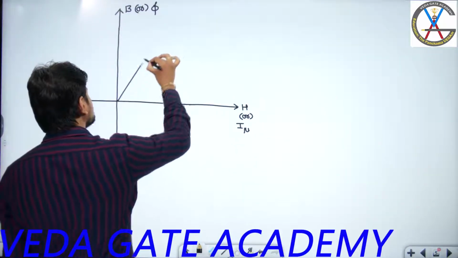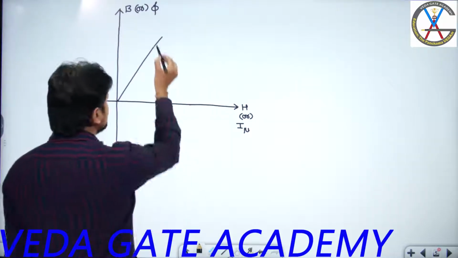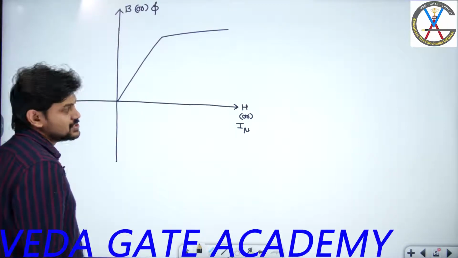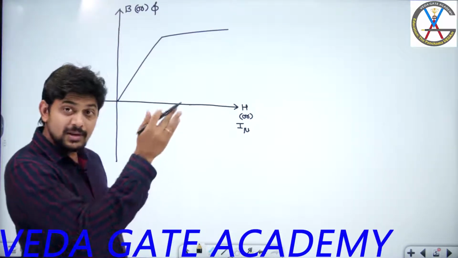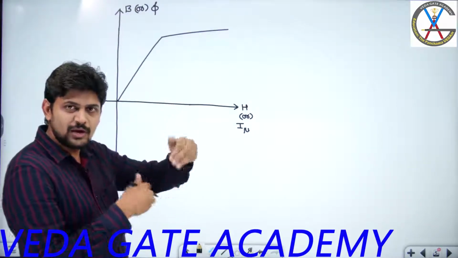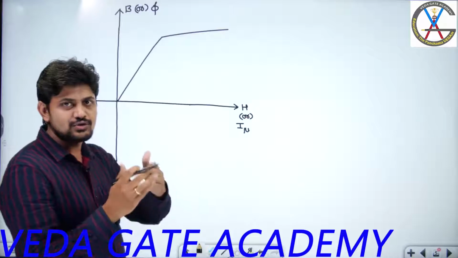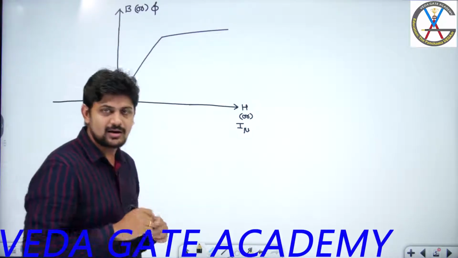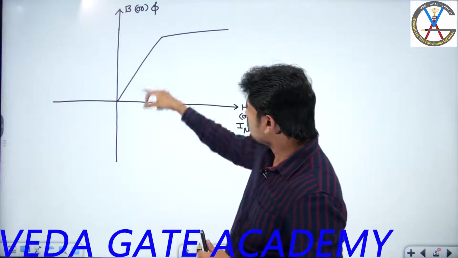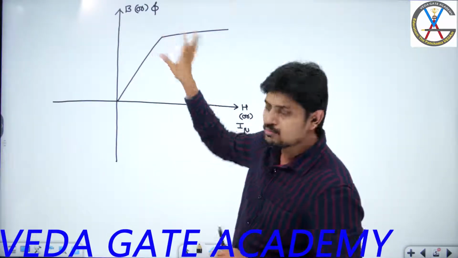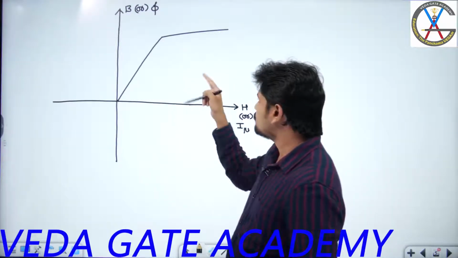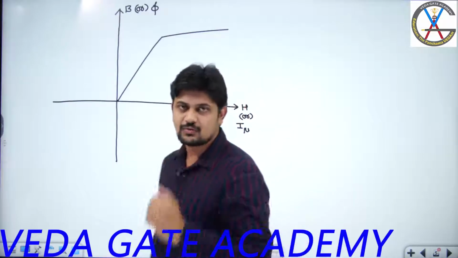So let us assume that initially it is linearly increasing, and after that the increment will be very less in this fashion. Okay. So this is a two-valued function. Even during the previous session classes, I explained it in the same way, because at that time, if I go in depth into the BH characteristics, you may find difficulty. During iron losses, I explained the BH loop, where I assume that till the knee point it is linear, and after that you will have almost a horizontal graph. But practically you will have a slight increment because of the I phi relation. Okay, let us focus on this.